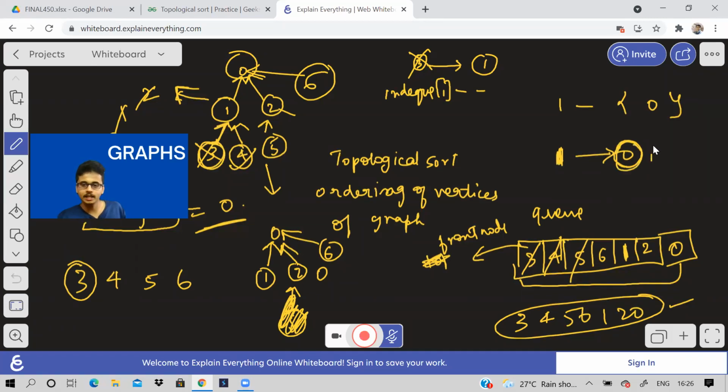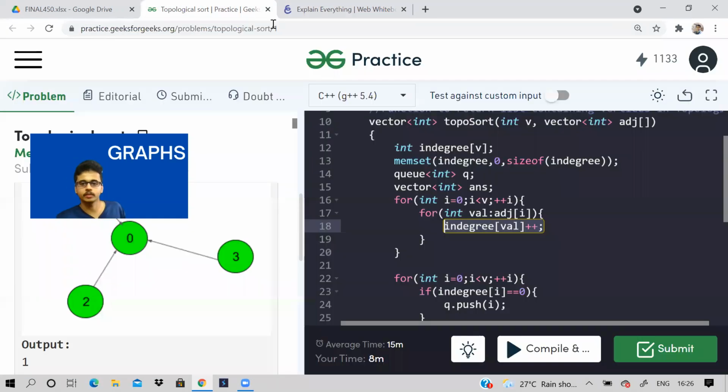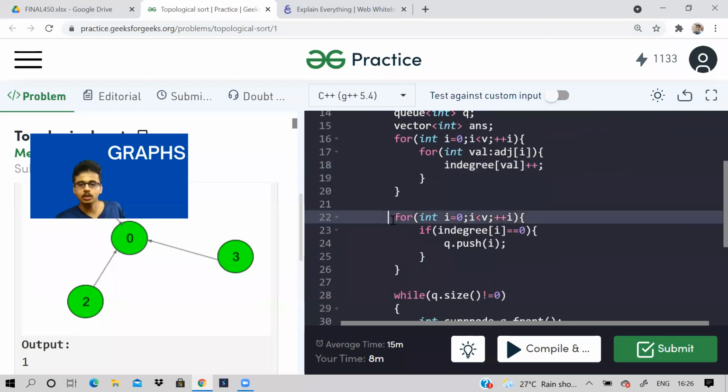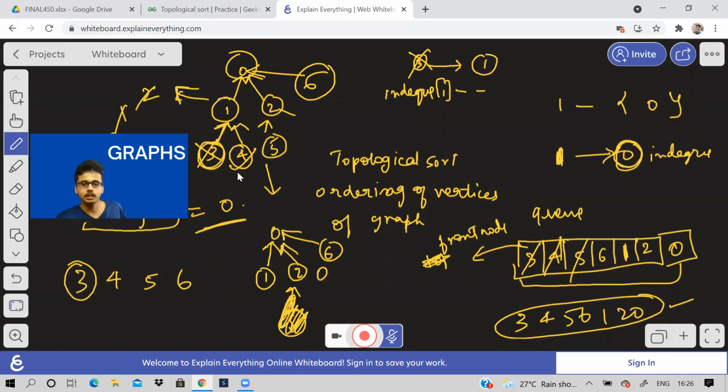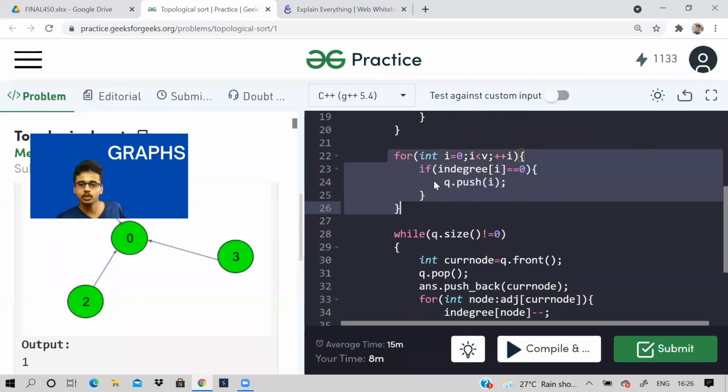For that vertex, I'll increase the in_degree. That is what I'm doing here. So in_degree is increased. Then for each vertex, I'll check if in_degree is 0, I'll push it in the queue. Here, for example, vertices 3, 4, 5, 6 have in_degree 0, correct? So I'll push that in the queue.